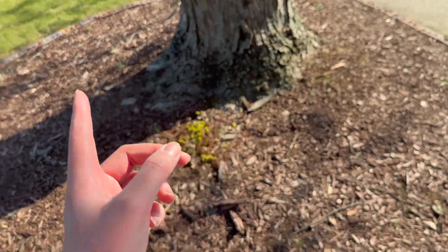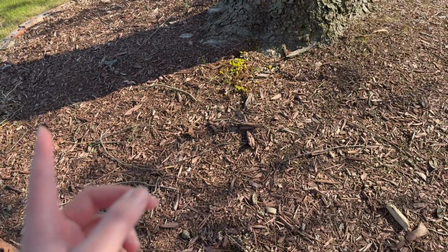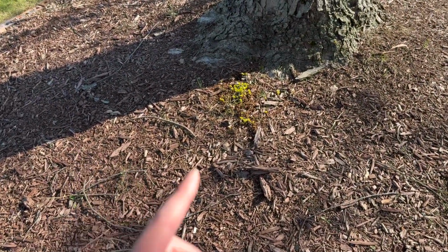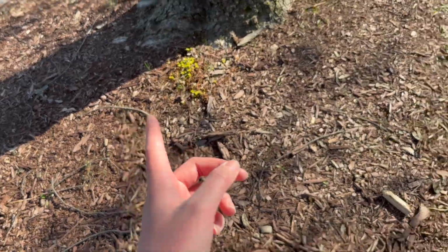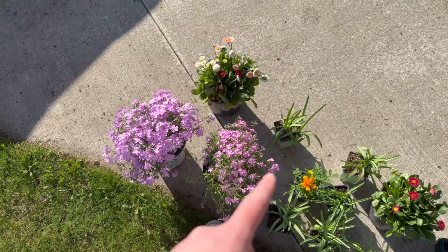It's by our driveway, so I have to be careful not to show you my street number or name. And the only thing here that's a perennial is this creeping Jenny. So I think I'll do more perennials. Last year I did some annuals that I got for super cheap. What I'm gonna do first, I'm gonna take this marigold